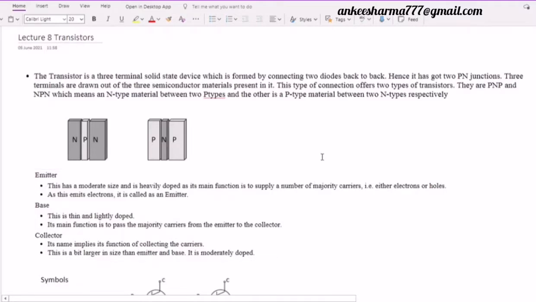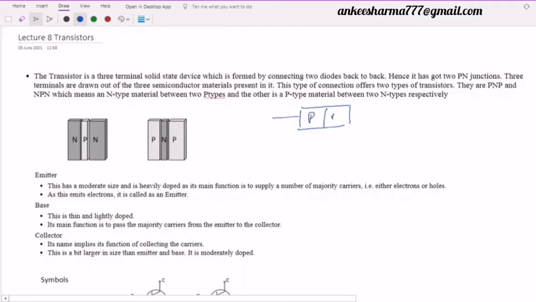Now if we look here, what we have done till now is we have seen a diode, and if I draw a simple PN junction, it is like this. We know that whenever we have a PN junction, we have a depletion region between these two. We have already studied this concept. But now we are trying to sandwich this N with P-type semiconductors. For example, I'm going to connect one more semiconductor. If this is P on the left side, on the right side we will again have P.